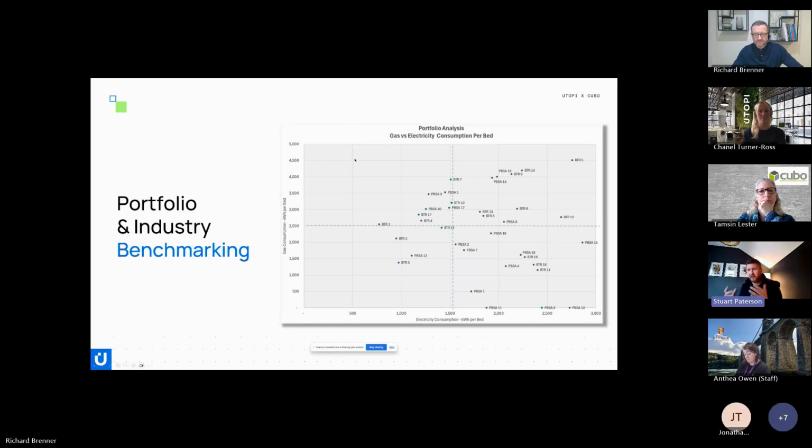Once we look at that key metric, like I said, we'll peel the layers back a little bit, and we'll then start to look at other key metrics such as average building temperature year on year, against a wider portfolio or against the wider industry. We'll look at the percentage of overheated spaces, for example. So we would look at things like the UK Energy Saving Trust, and anything over 24 degrees we would class as overheated. And then we'd also look at things like occupancy levels to understand what our opportunities may look like.